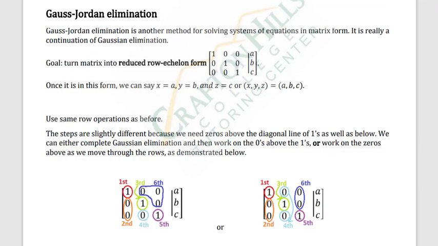Now, Gauss-Jordan elimination. We will transform the matrix into reduced row echelon form. Try to remember this name, reduced row echelon form. What is reduced row echelon form? We try to make the matrix into an identity matrix. With the help of row operations, which are common to both the Gaussian elimination method and the Gauss-Jordan method. So how do we do Gaussian elimination?